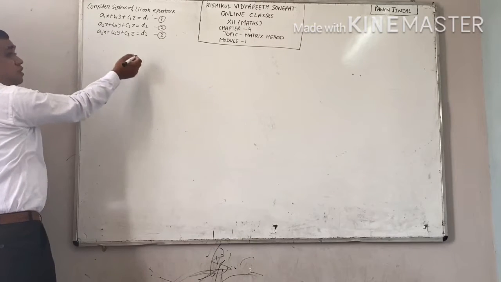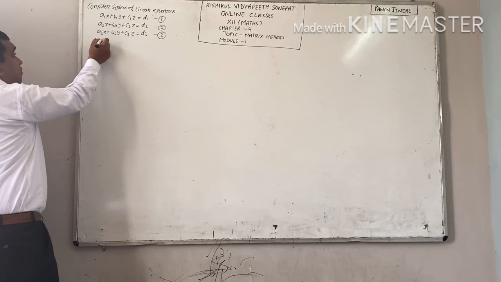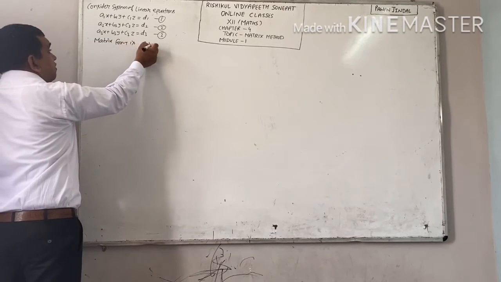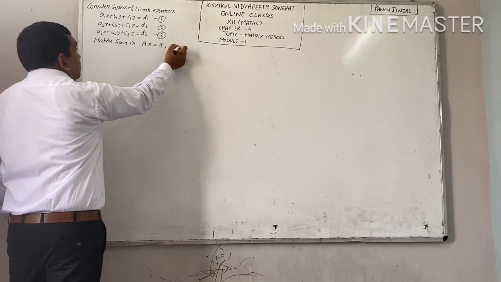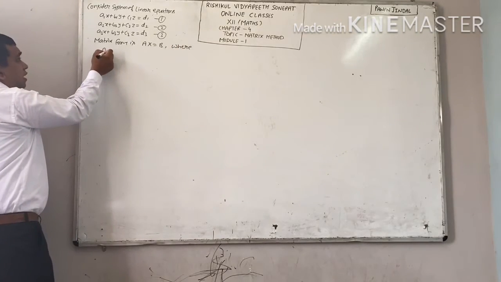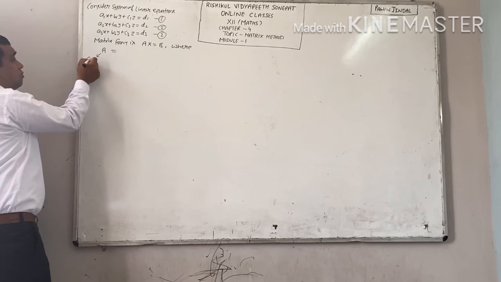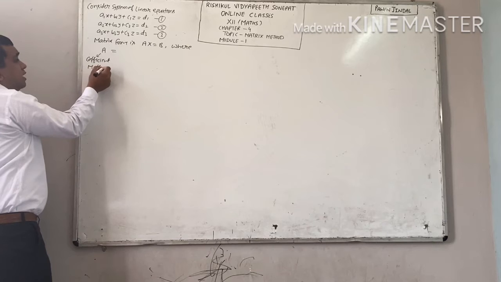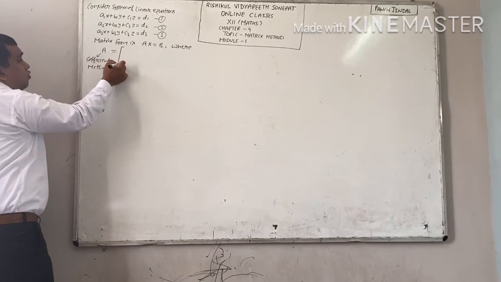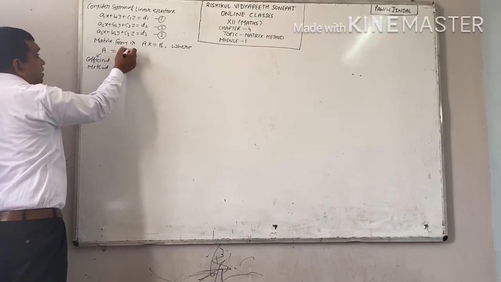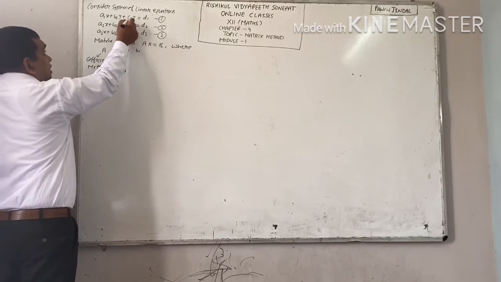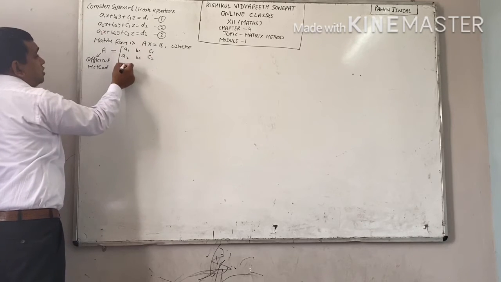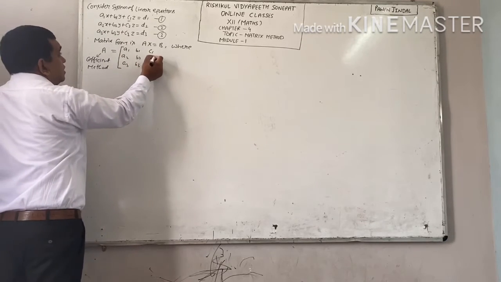First of all, you will write down the three equations in matrix form, and the matrix form is Ax equal to B, where A is called your coefficient matrix, because A matrix is obtained by coefficient of x, y, z in three equations, and these are a1, b1, c1. Next is a2, b2, c2, and from third equation you will get a3, b3, c3.